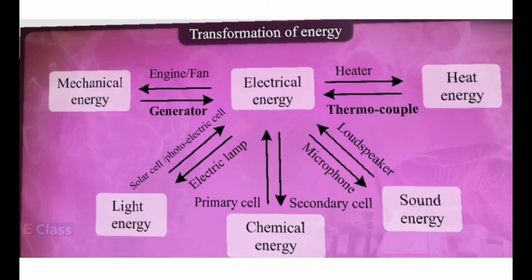From electrical energy to heat energy, here children, the transformation takes place. Like when we switch on the geyser. So now from heat energy to electricity, we are using the thermocouple. You have the thermal power station. You must have heard about thermal power station. So from the bottom of the earth, deep inside the ground, the earth is hot. So that thermal energy is getting converted into the electrical energy.